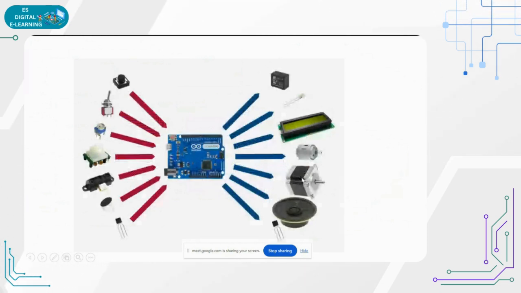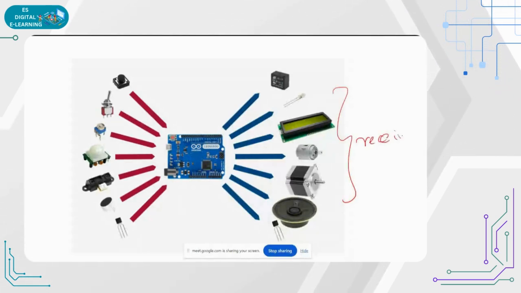So what are the inputs and outputs? Generally for the microcontroller, the inputs are the sensors, the digital switches, and some of the transistors. Okay, so analog inputs and digital inputs come under the inputs to the controller, and the outputs are the display or the motor or speaker or the buzzer, anything that we are receiving, so that will be a part of the